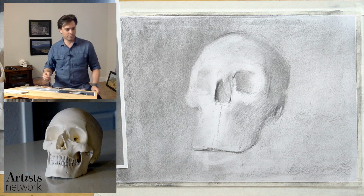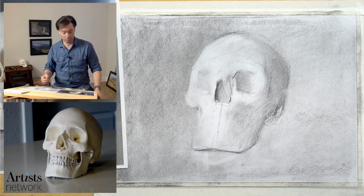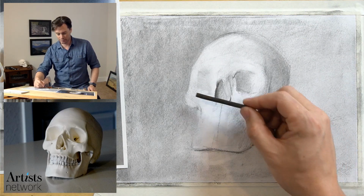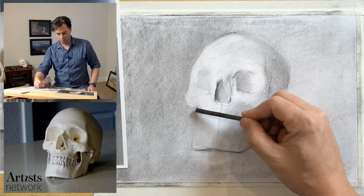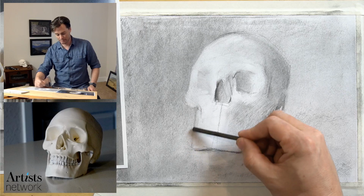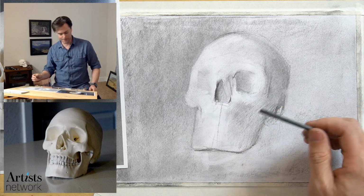George 10,000, should I use oil pastels to draw the skull? Sure. It's been a long time since I've used oil pastels. I've used soft pastels more frequently. What a great medium that would be. All right, so